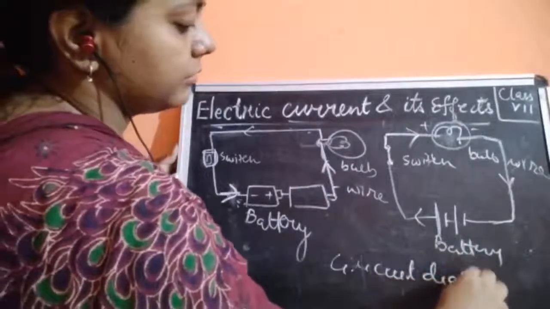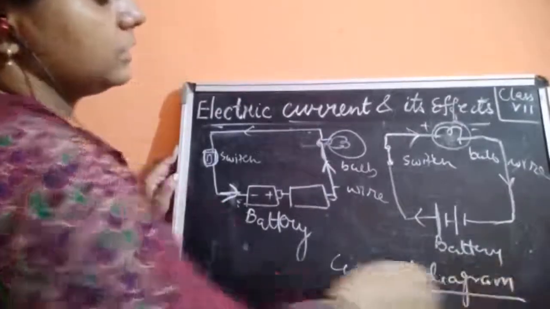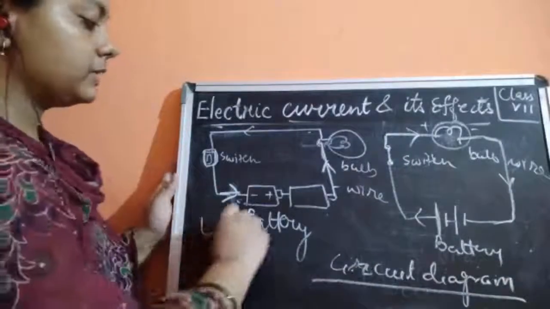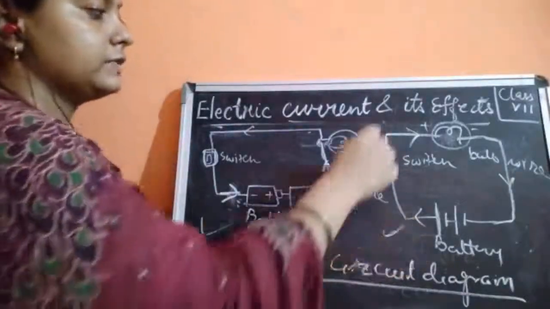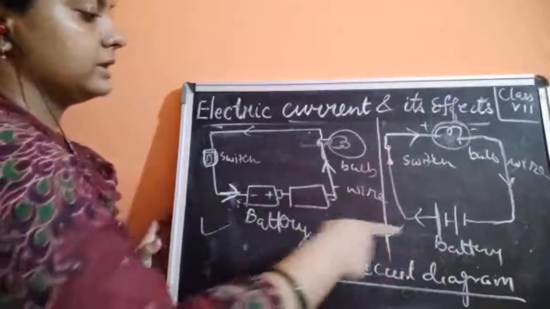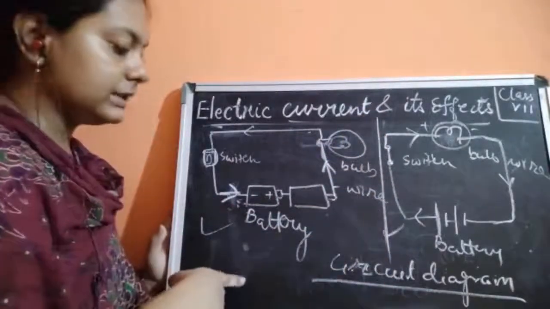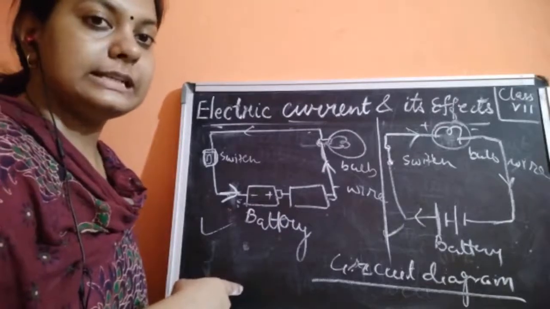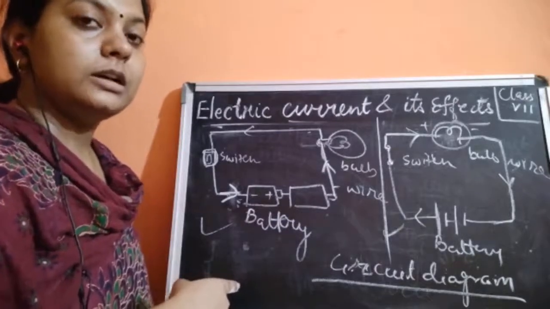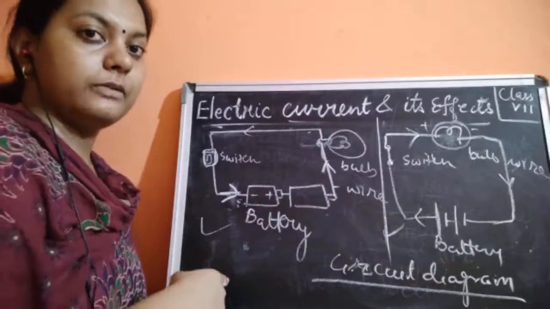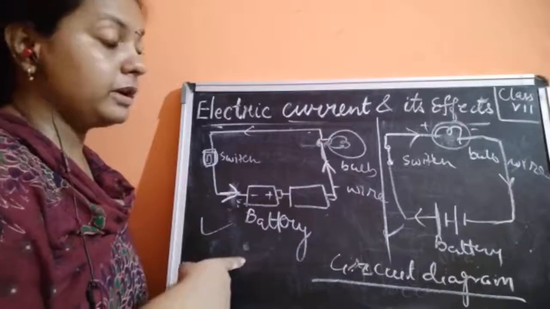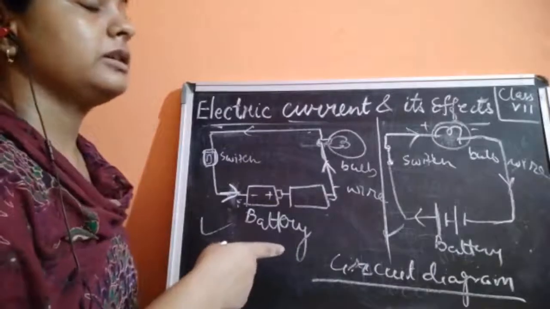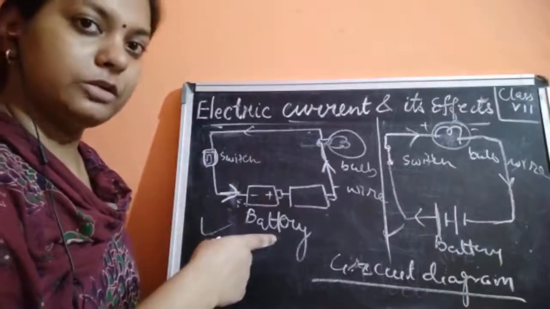This circuit diagram is a representation of the components of a circuit in various forms. So this is a shortcut with the use of symbols, and this one is a long-cut method, where you could easily see the difference in the movement of the current in the circuit.